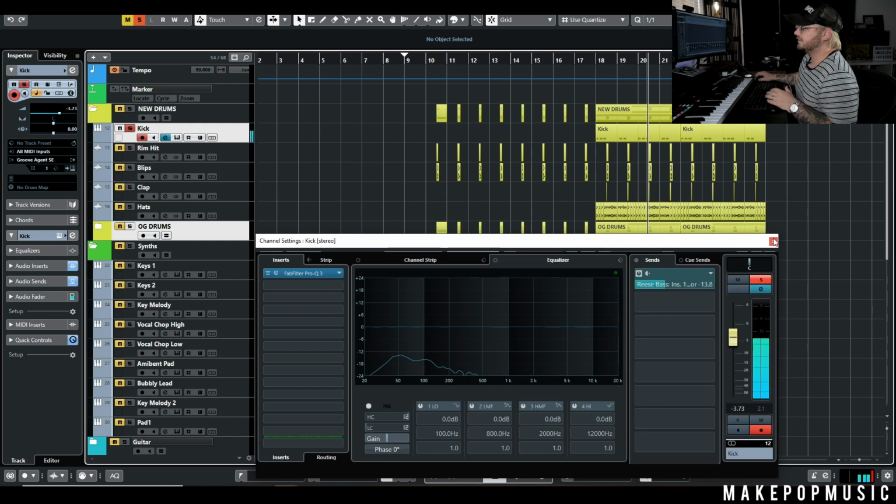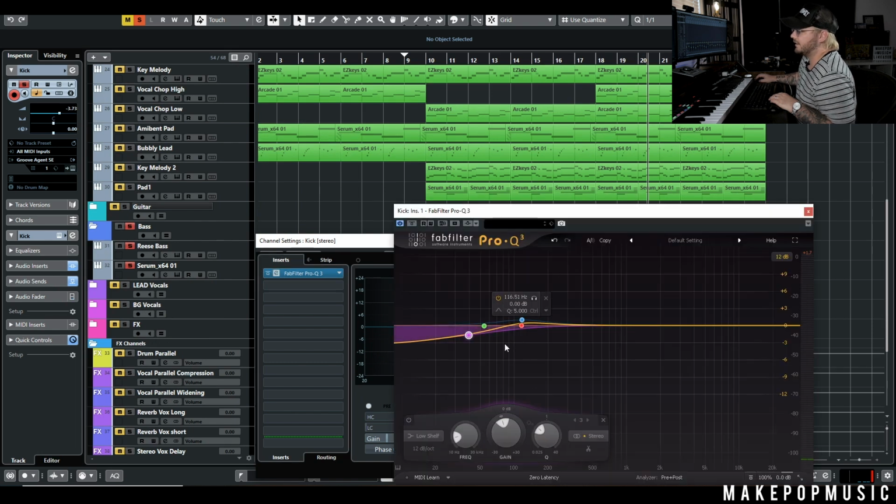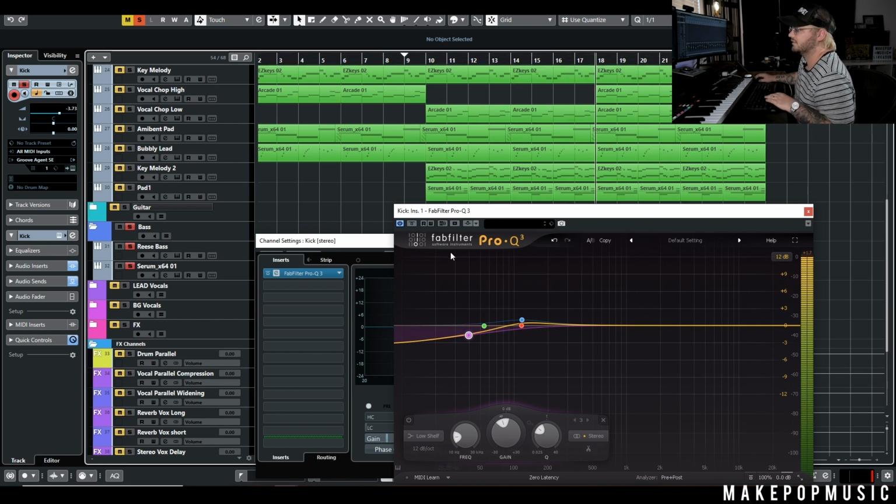And this is one of those things that you wouldn't traditionally do in solo. You would probably at least have the bass turned up. And the reason we're EQing it like this is that specifically with EQ and compression, you want to be really methodical and make sure that every move you're doing has a point. So for this, we're just getting rid of a little bit of that sub because it's building up once we have that bass come in. And then we're going to boost around 100 right here, where that's more of the punchiness of the kick and not so much the subby, loose low end. So once we layer it up with that bass,